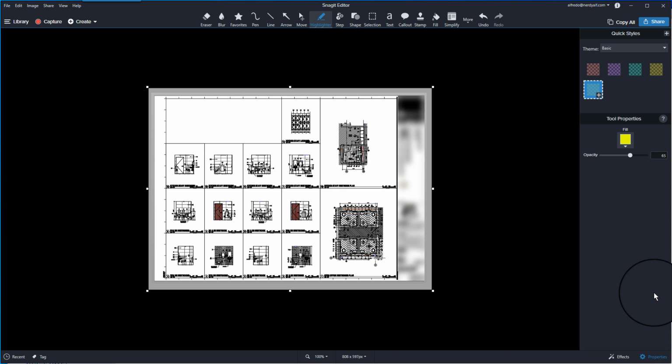In this video, I want to show you how to create a family that I call a frame for a view. This is a title block family that we use to organize views on a sheet. It's a frame for each of the viewport that contains options for the detail number, the view title, the graphic scale of the view, and also an option for a north symbol for floor plans.